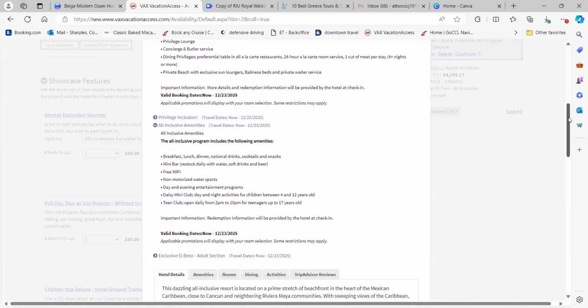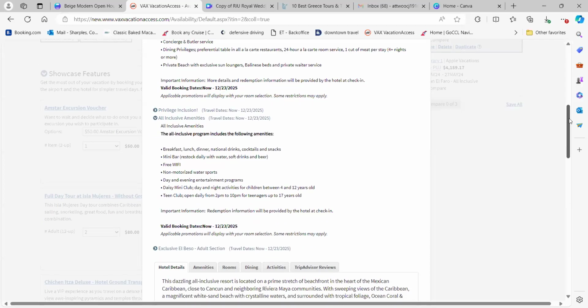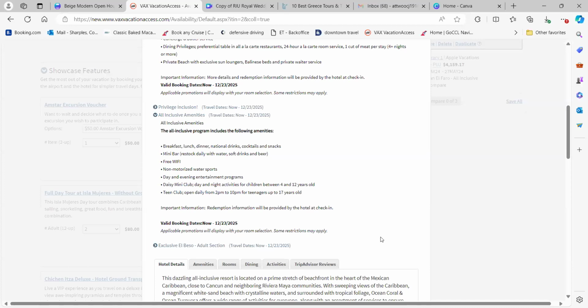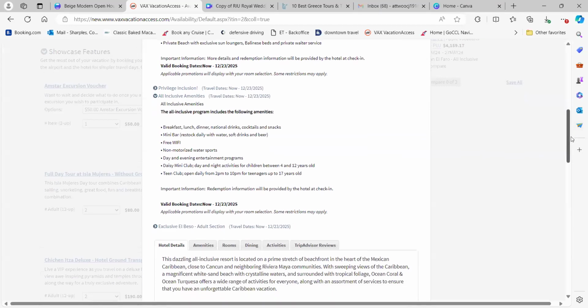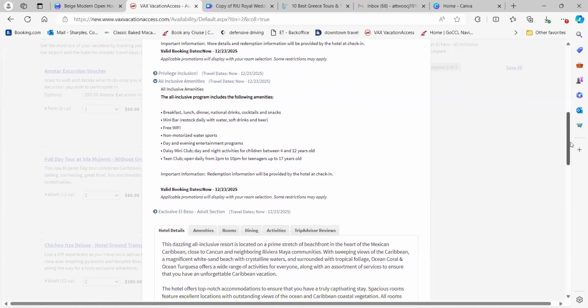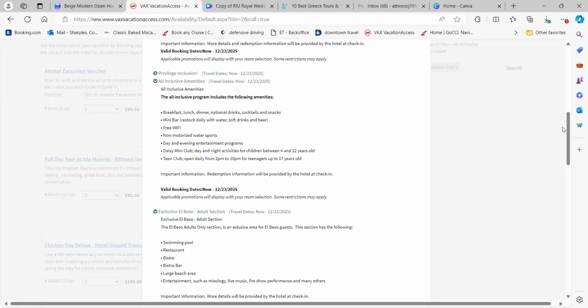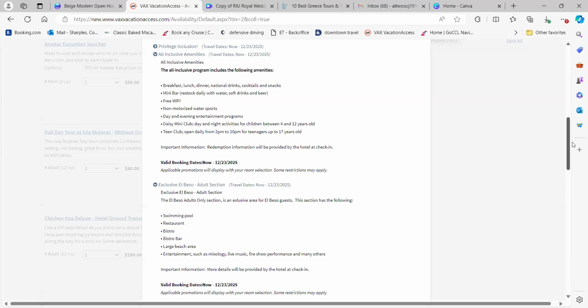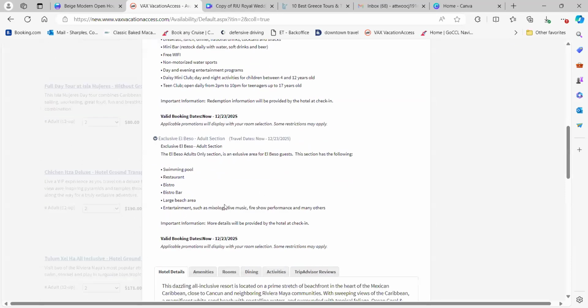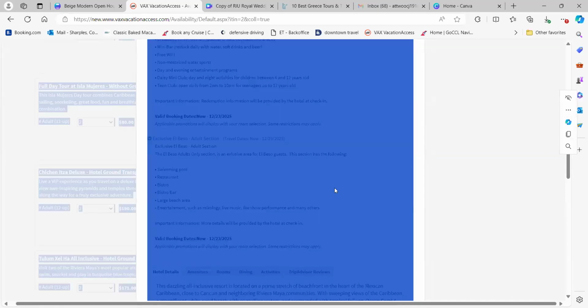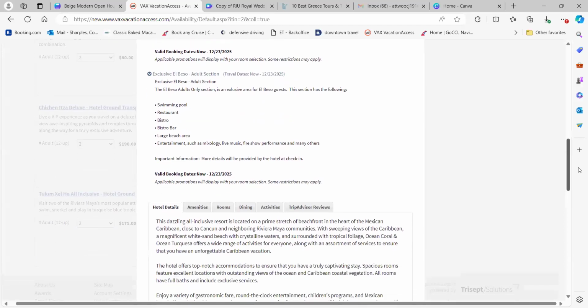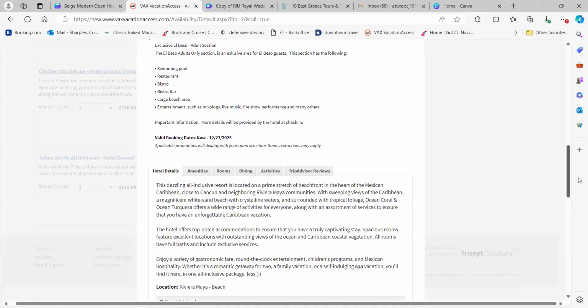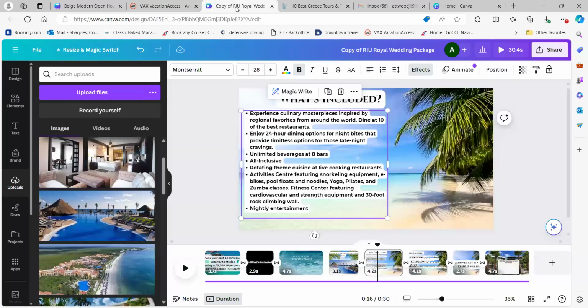So if you're trying to get this towards mostly adults, you may not want to put in here about the kids. So it depends where it is that you're trying to market for. They have an adult section as well. So kind of take a look here and see what they have. You want to make sure you have everything. So like this here, everybody loves entertainment. So these are things that you're going to want to kind of take into account with putting on to this video here.